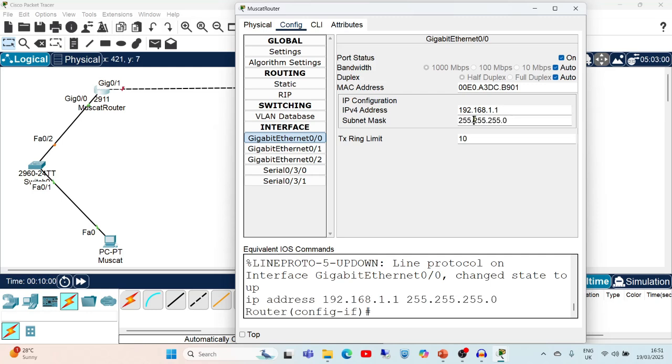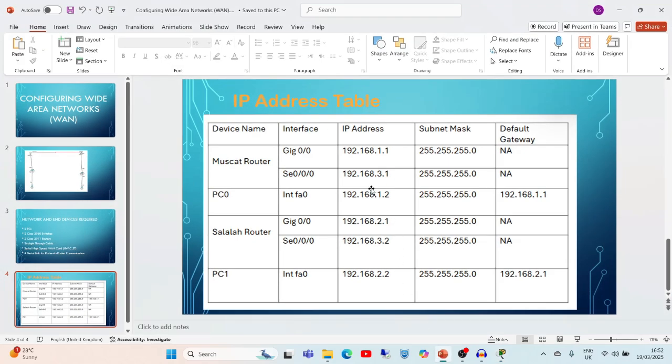It will get generated automatically. Now see, for interface gigabit, the IP address is 192.168.1.1. We have taken this IP address, and the subnet mask is automatically generated.